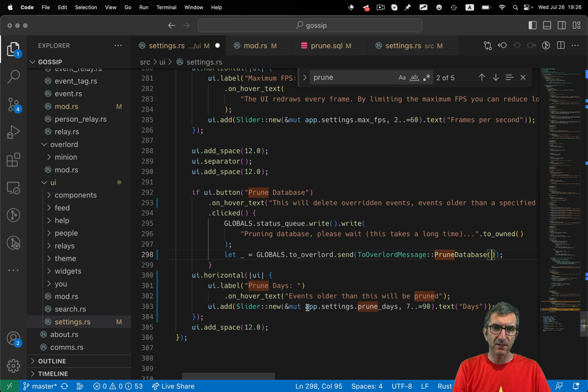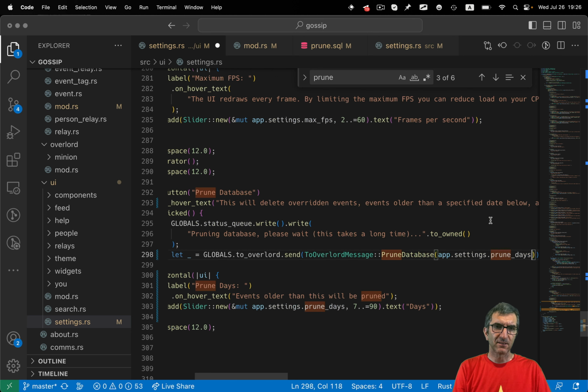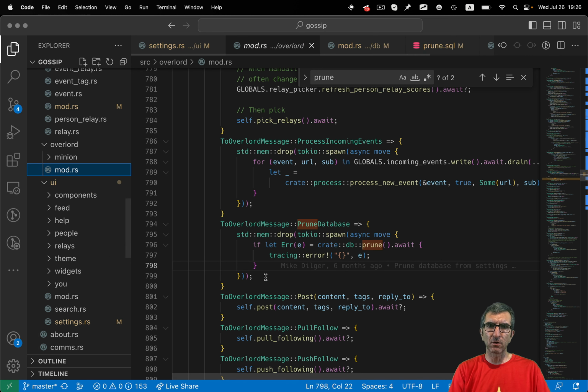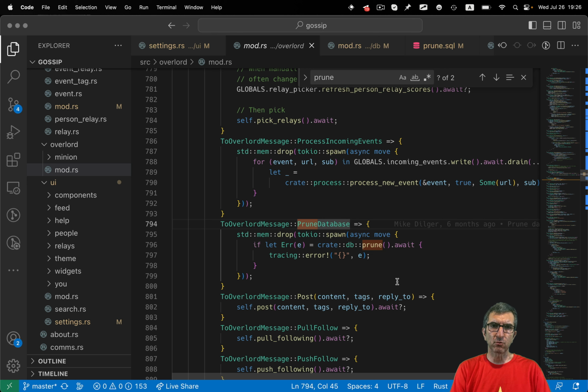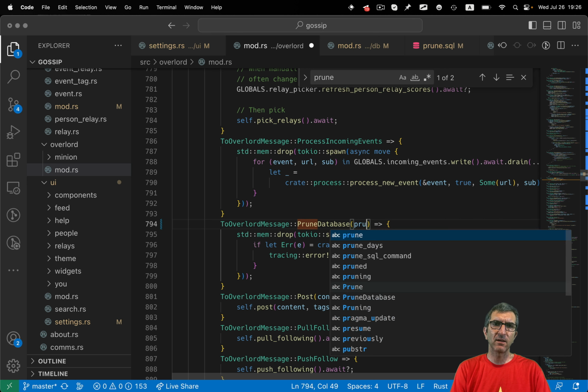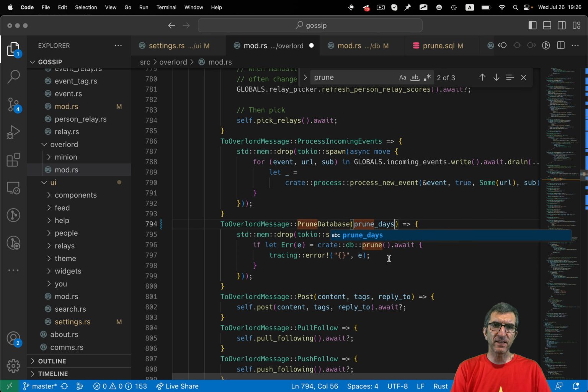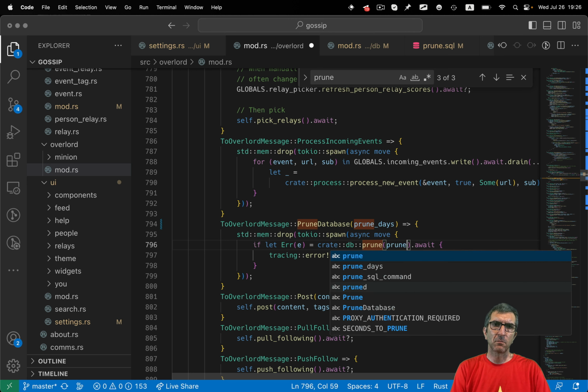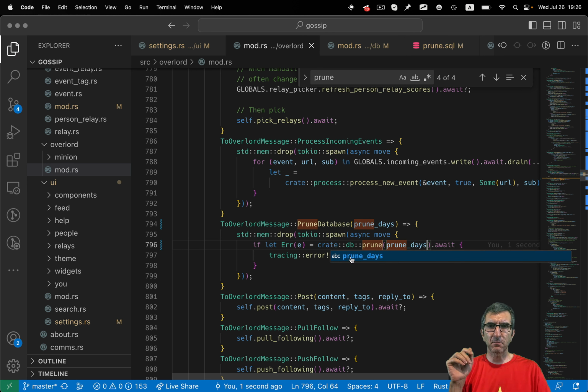This is the way that it works, so I will pass this here. Will send how many days I want. This sends to the overload message. So let's go to the overload. Here I say prune database will get a prune days and will call prune with prune days. So I'm passing my number here.